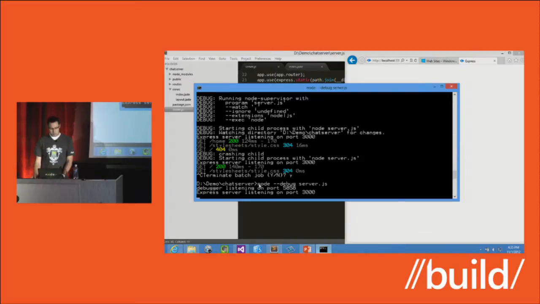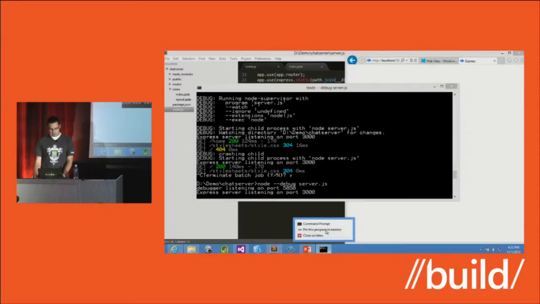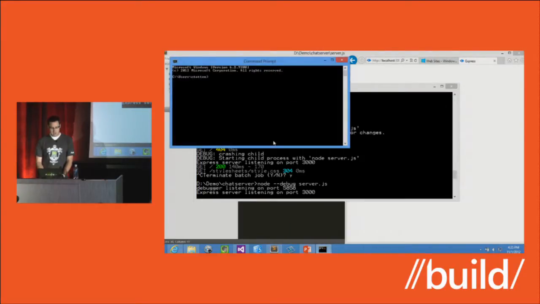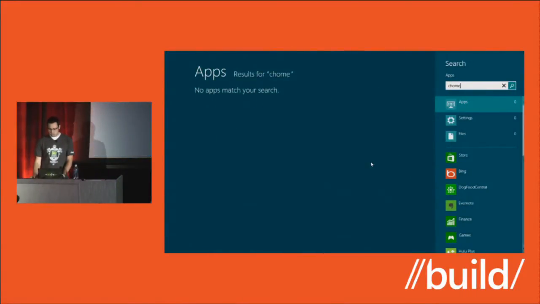So now we've got a port open that's listening on 5858 for debugging purposes, and then I'm going to start Node Inspector in a different command. And this is going to run a process on port 8080,